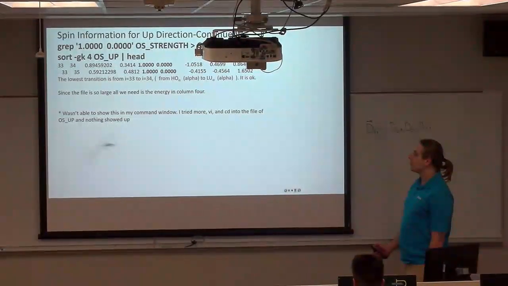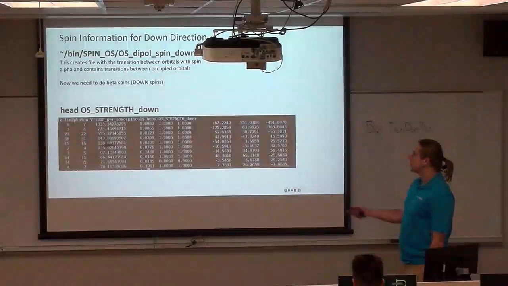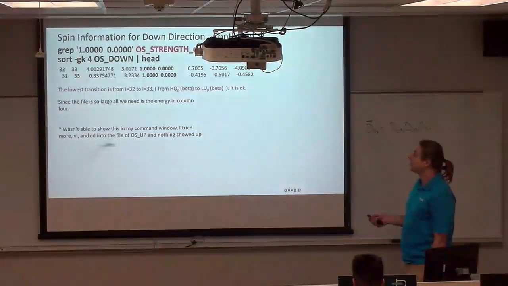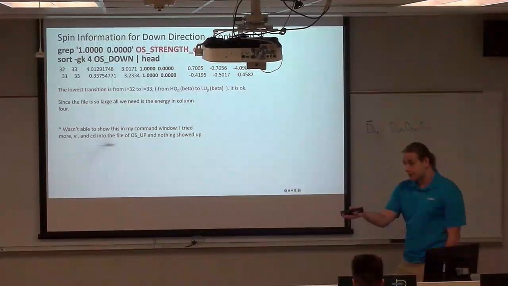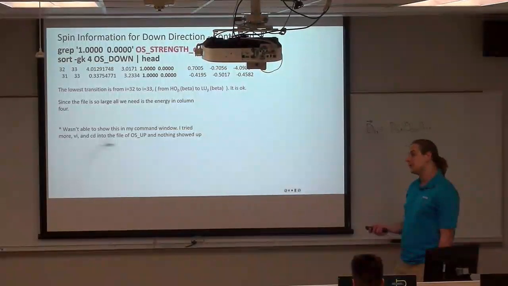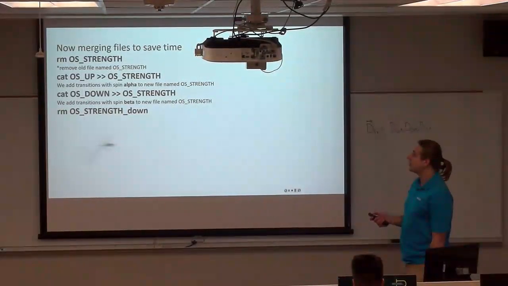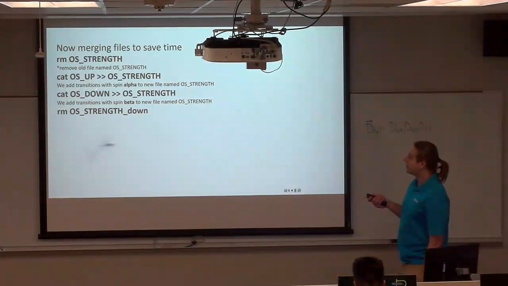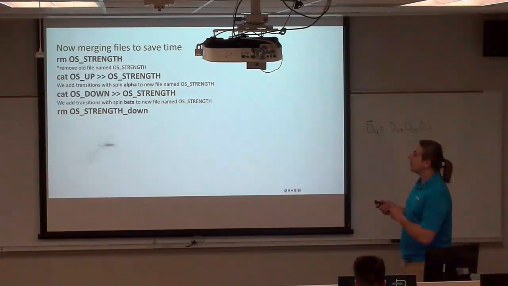I apologize for not being able to show the command window. I was following his steps and I was able to show the information that he was showing. I tried multiple ways to do so. Once again, now we're going to do the same thing with the down spins as we did with the up. And we're going to combine the two, like you said, in parsing, from my understanding. Do you have any concerns at this moment? Yes? No? Okay. Now we're going to be merging the files. We're going to actually be removing the stuff we got, which is crazy, but apparently we are. And then we're going to be reformatting that file that we had just removed and putting the alpha beta into the OS strings.